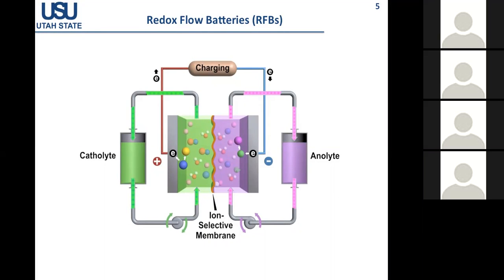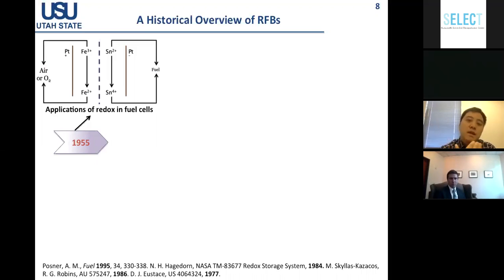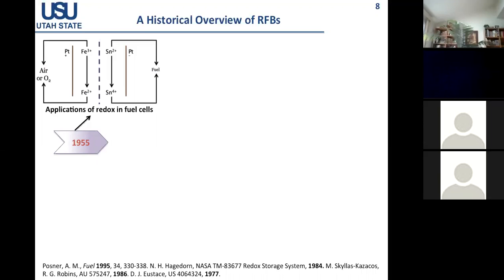So people started to use two different redox couples, iron and tin redox couple, for the oxygen electrode and the fuel electrode. That's how people started to use redox active materials in fuel cell design. So that's the beginning of the story. Then